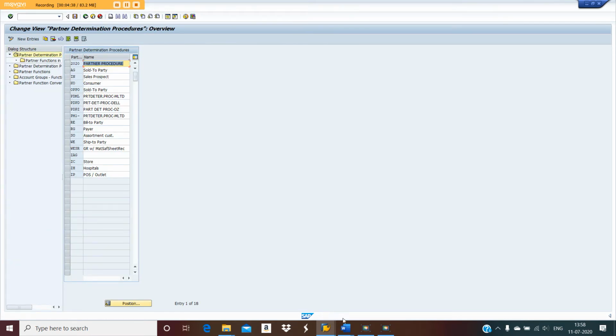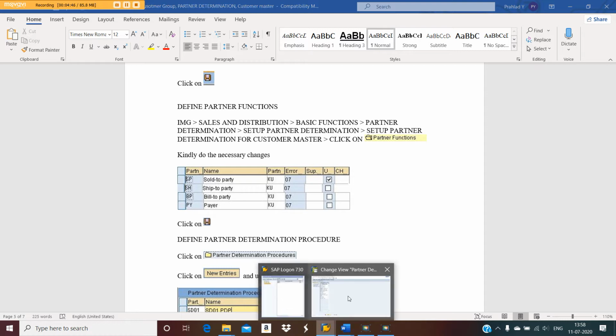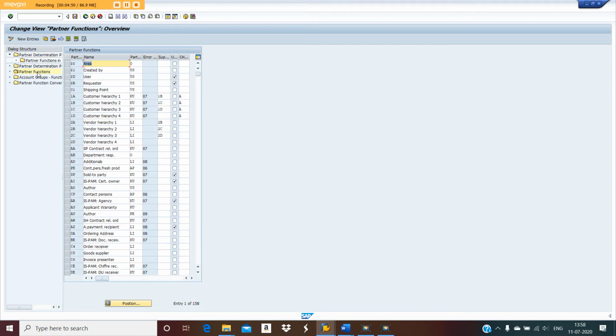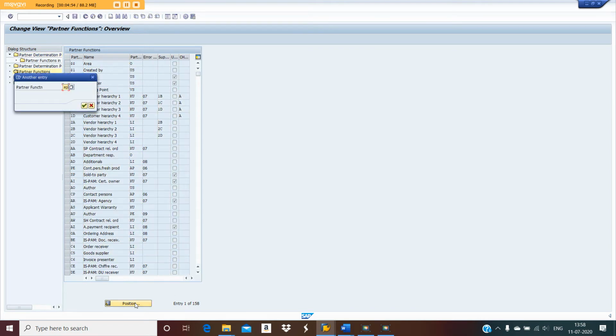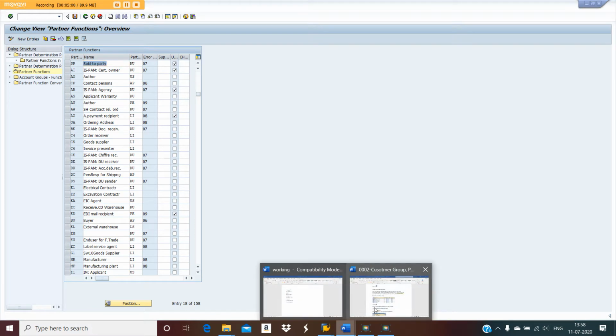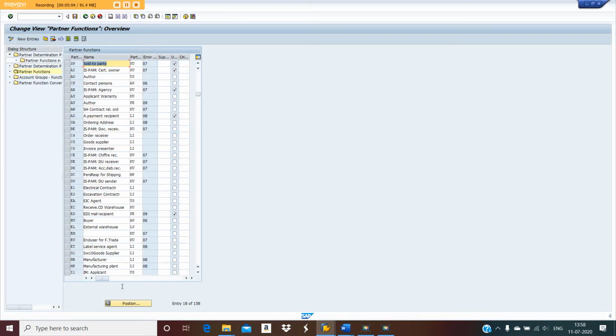First and foremost, you need to check whether SP, SH, BP, and PY are there. Go to partner functions, click on position, and check SP. Yes, SP is there. This is a unique key. It matches. Next is SH. Make sure it exists.